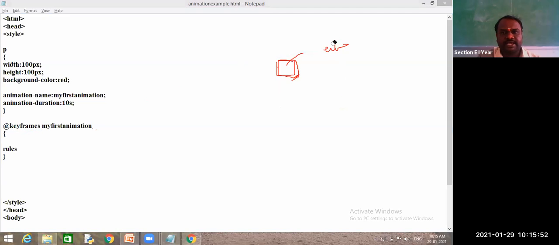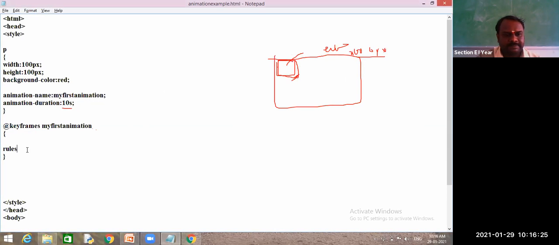It has completed. Next, what is my job? Initially my object exists at the top left corner. Within 10 seconds, it should be moved to the top right corner. I don't know, for example, this is 700 pixels at the right side and top side 0 pixels. If it is like this, then I will divide my timing into 4 quarters.